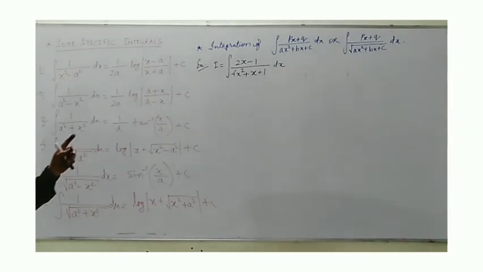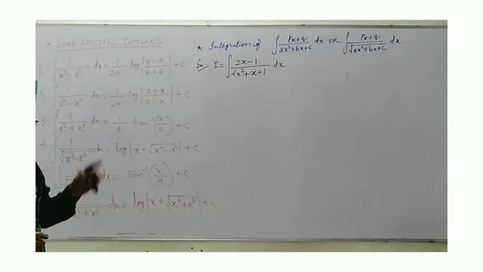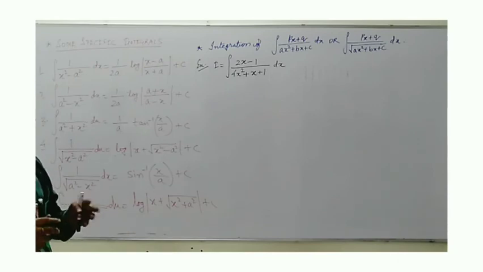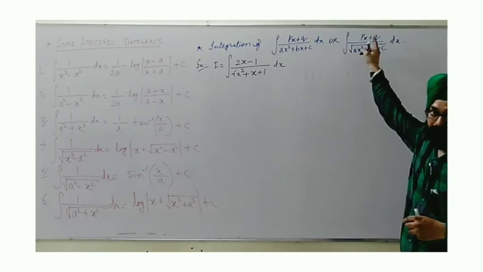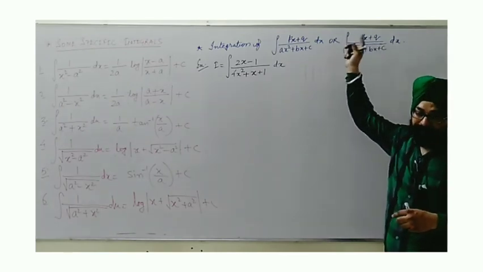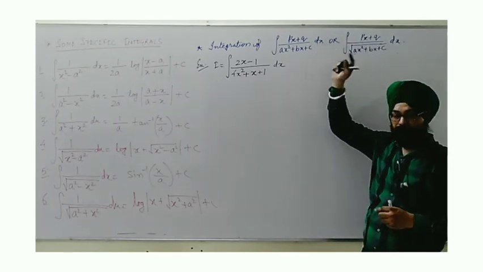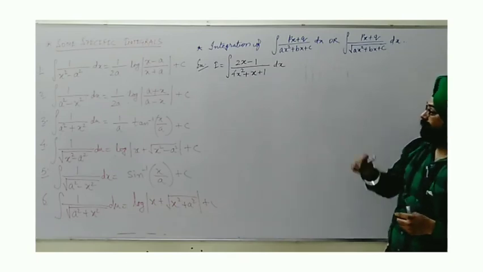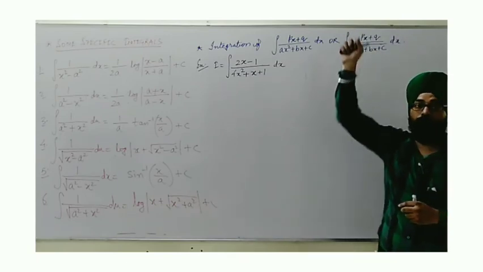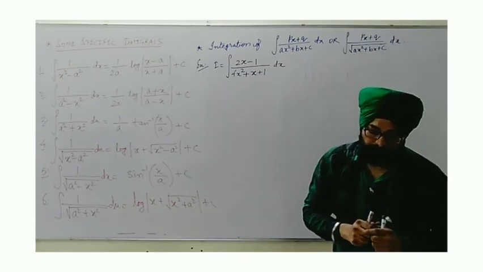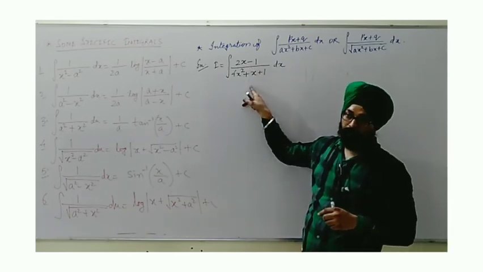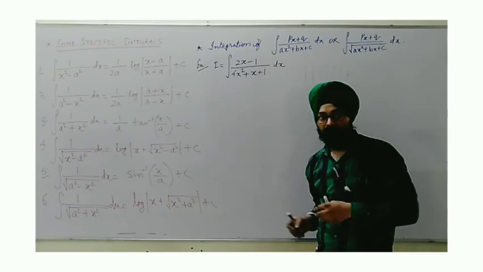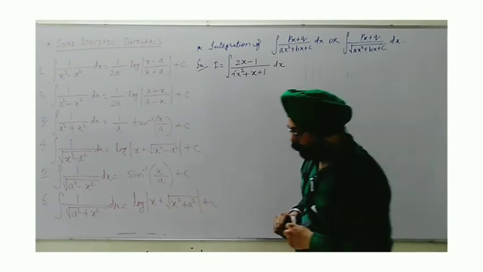Now, this is the next application of these identities, and a very important one. Here, what is different in this pattern and the previous one? In the previous pattern, the numerators were given as constant or 1. Whenever numerators are constant or 1, we will apply the previous pattern, but this time I have taken in each case px plus q, which is a linear polynomial. Means you are given a linear polynomial divided by a quadratic polynomial, then this pattern will be applied. How to do that? How to initiate?